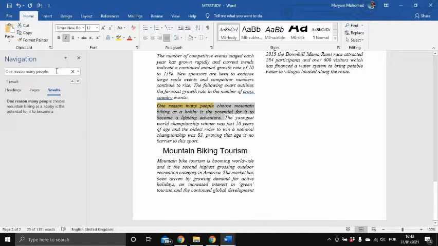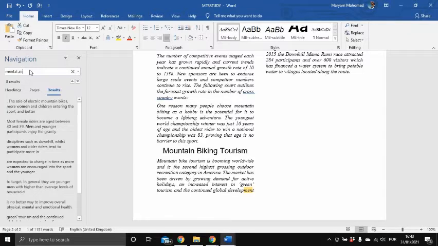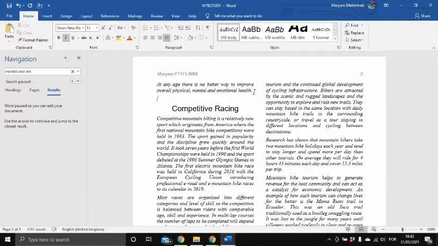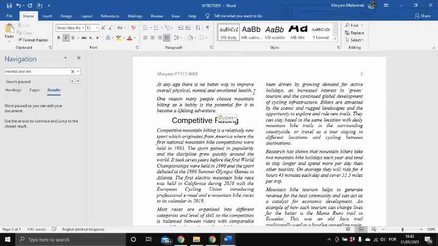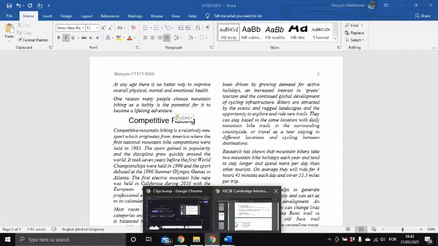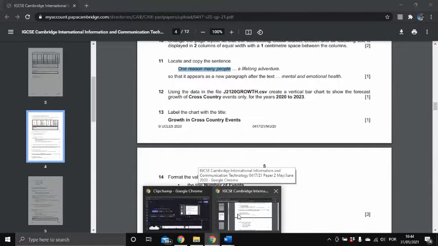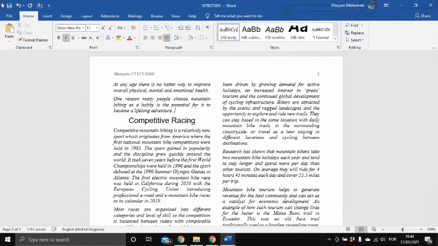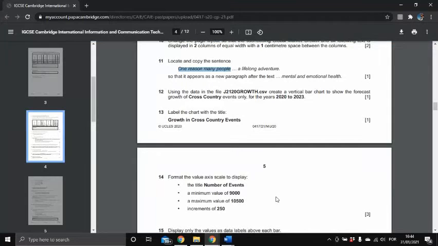So mental, so we shift and then Control V, okay, and we have a new paragraph. So okay, we save it, then